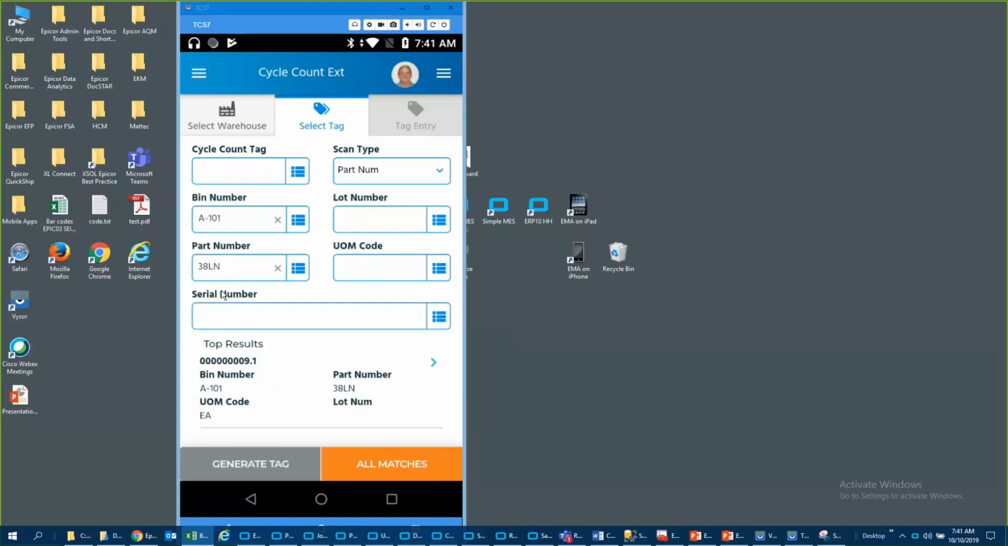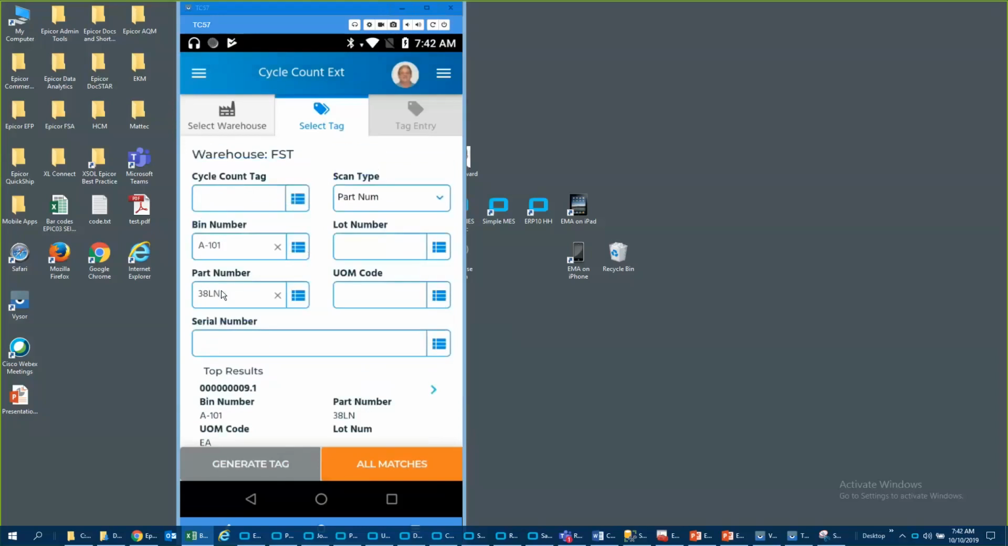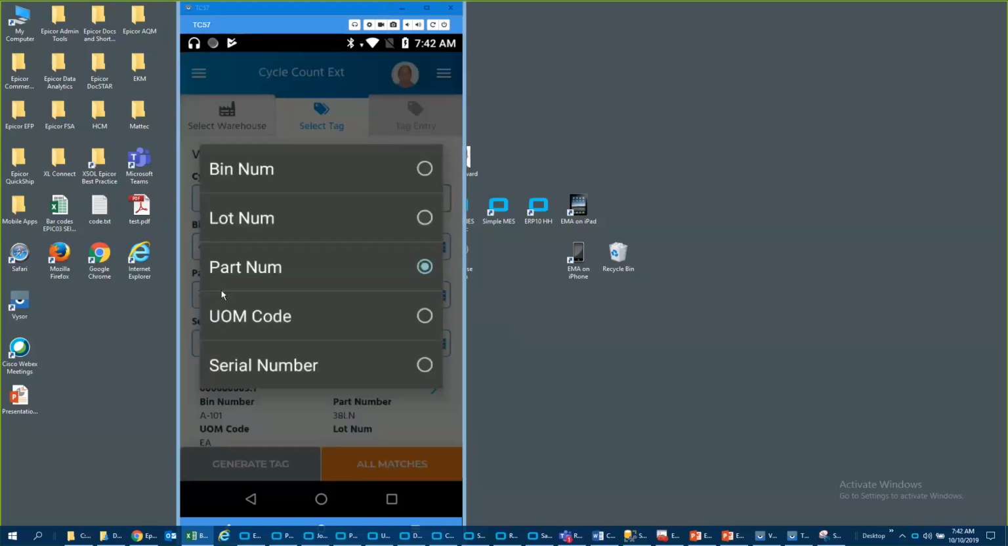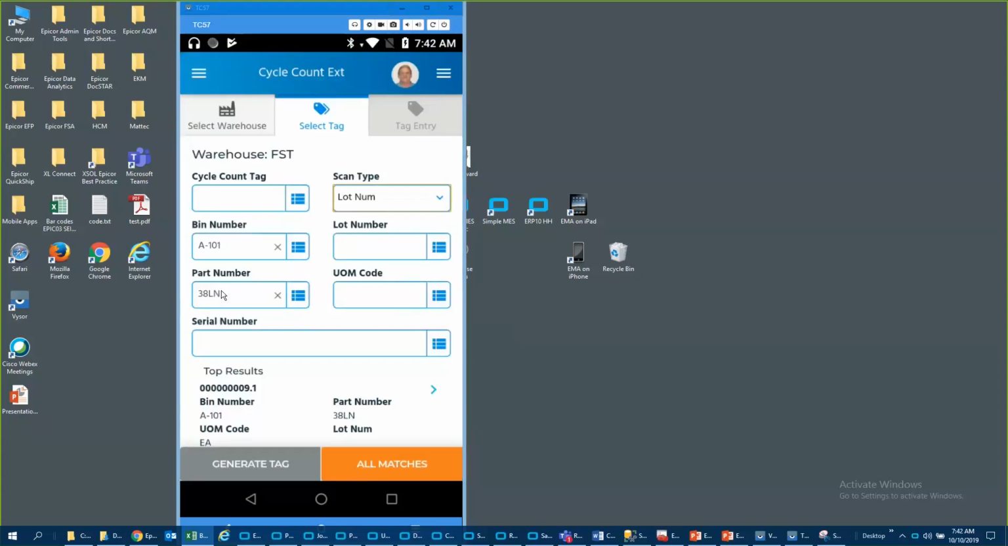So if I've scanned a bin number, I've scanned a part, and let's say for argument's sake, that part has multiple serial numbers or multiple lots. The records getting returned are still more than one record. So I can scroll through the list and find the one I want and select it, or I can say, well, I've scanned my bin, I've scanned my part, now I'm going to start scanning lot numbers. I scan my lot number, it populates my lot number field, which in theory should be unique. I've now got my one result. I select the record, enter my quantity,